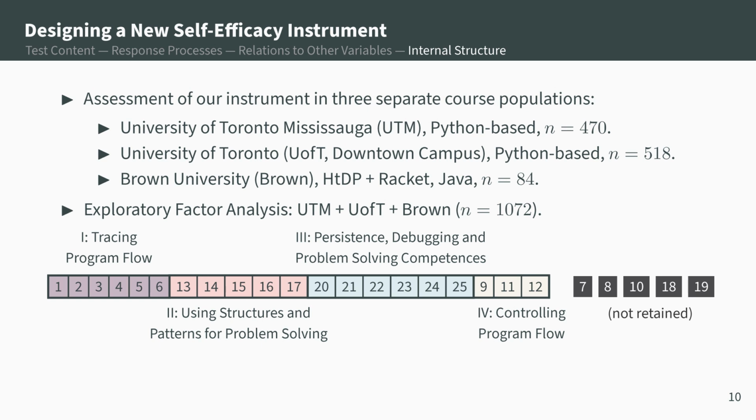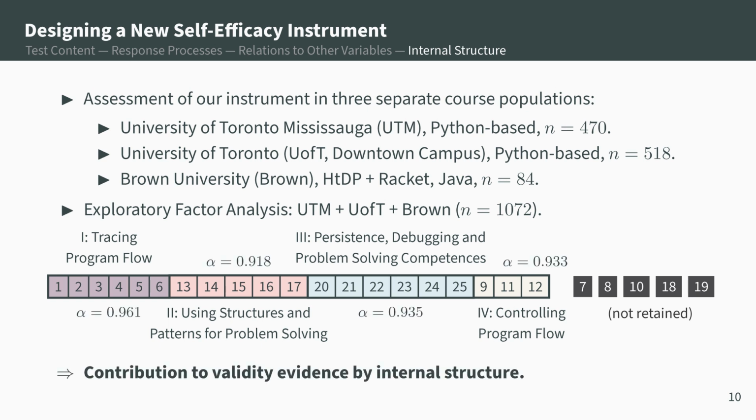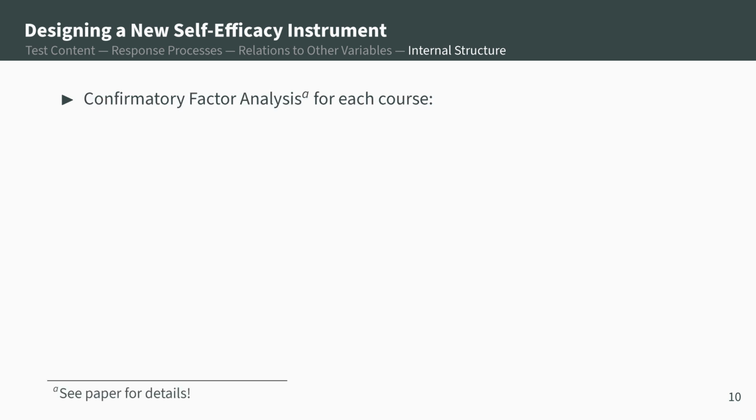Following standard practice and recommendations, a few items, shown in black, were not retained due to ambiguous loading and to improve interpretability. Our factors reflect typical activities students undertake while learning to program. Both conformance with the underlying construct and high values of Cronbach's alpha show validity evidence on internal structure. Finally, we analyzed the suitability of the factor structure in each of the 3 course populations separately, since we aimed our instrument to be multi-paradigmatic and multilingual.